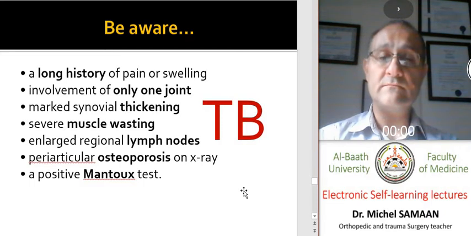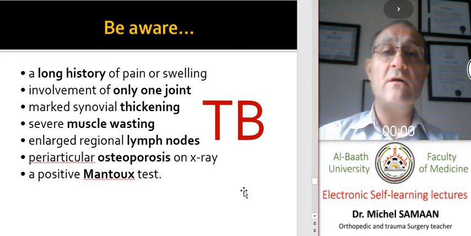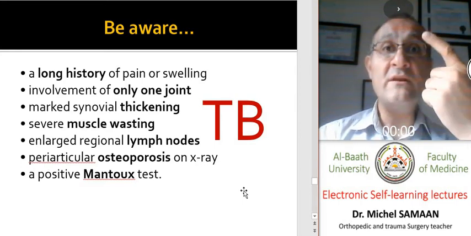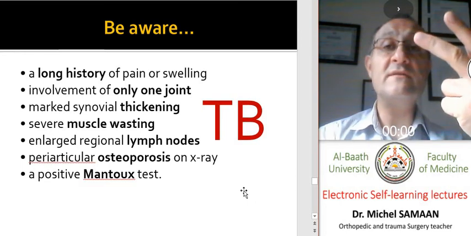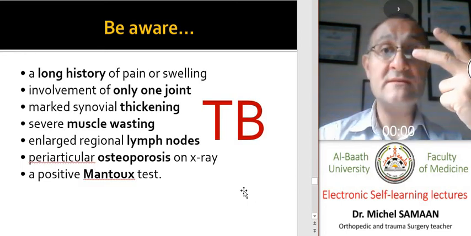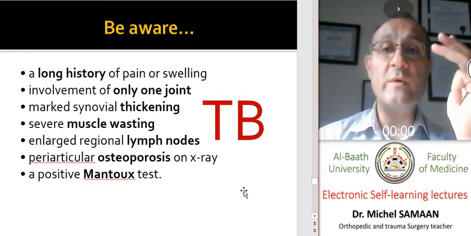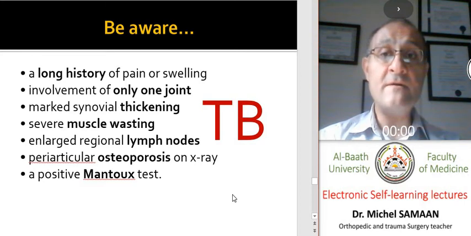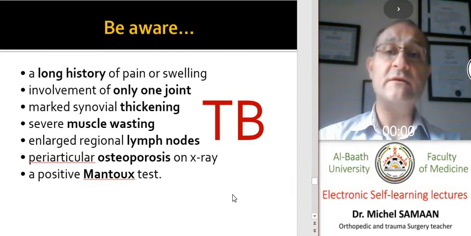Be aware, and you should keep in mind, that a long history of pain and swelling, involvement of one joint, marked synovial thickening, severe muscle wasting, and enlarged regional lymph nodes with periarticular osteoporosis on X-ray, and additionally a positive Mantoux test,